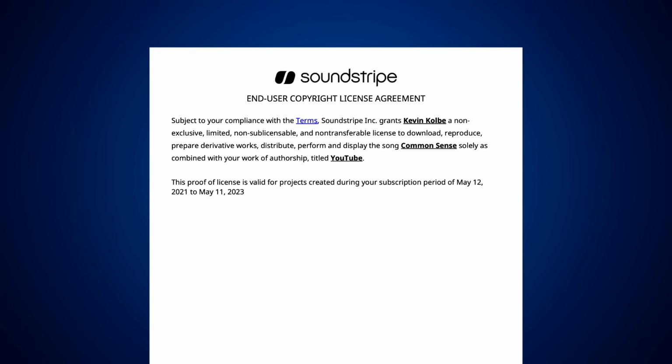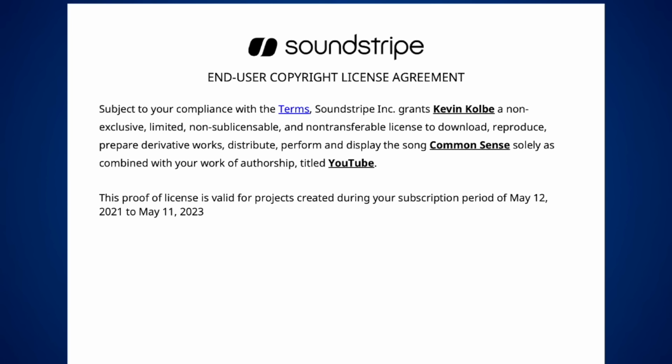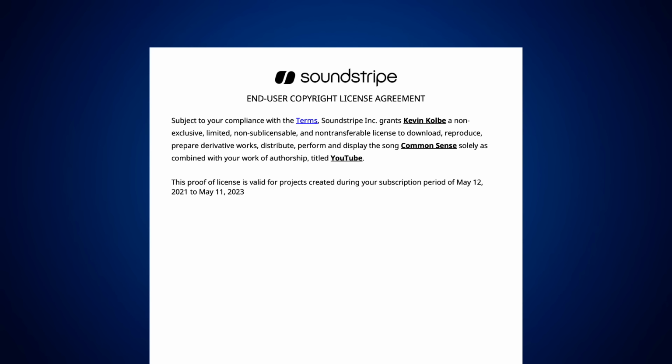So I went to the cut in Soundstripe and I found this, and it says End User Copyright License Agreement. Subject to your compliance with the term, Soundstripe Inc. grants Kevin Colby a non-exclusive, limited, non-sublicensable, and non-transferable license to download, reproduce, prepare derivative works, distribute, perform, and display the song Common Sense, which is the one that was in dispute, solely as combined with your work of authorship titled YouTube. And you can even see the date of the license, which fell far within the range of that